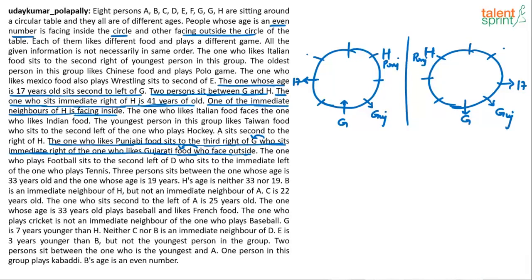So this point is done. The one who likes Punjabi food sits to the immediate right of G, who sits to the immediate right of the person who likes Gujarati food, who faces outside. Now,